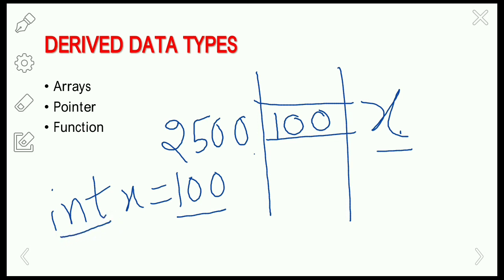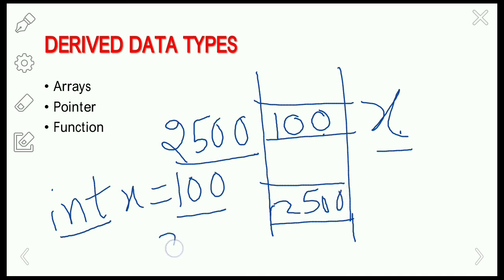So it is going to allocate 2 bytes of data for this value. After storing the data, we are again going to store the address of this value in a memory location. We are going to store the address of the value 100, that is 2500.